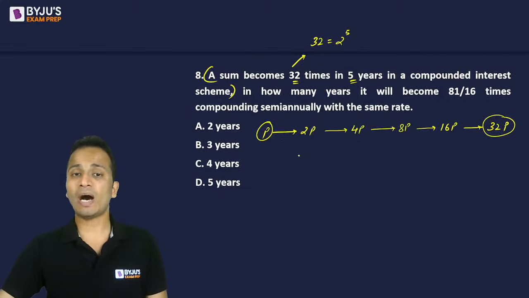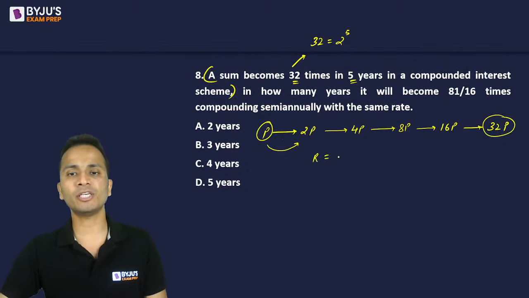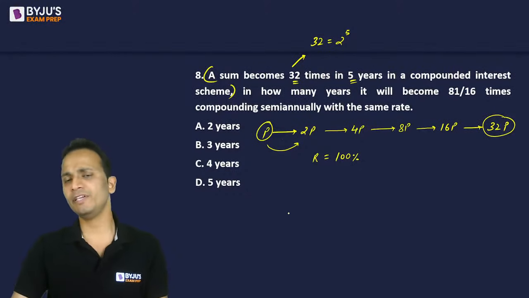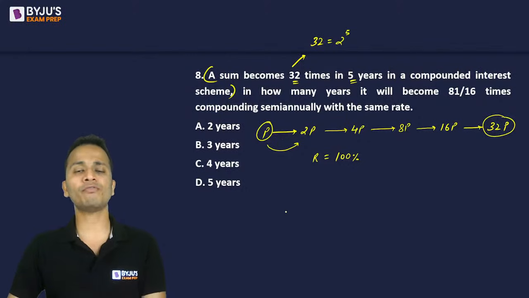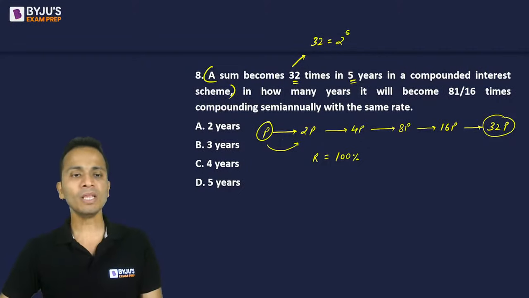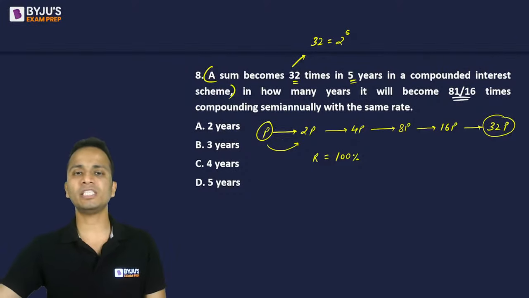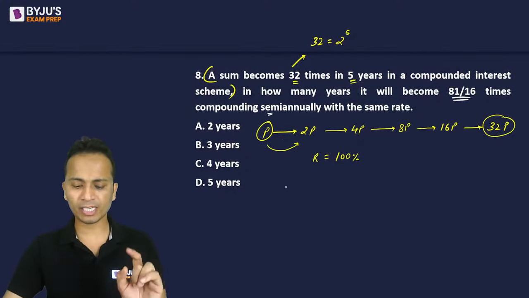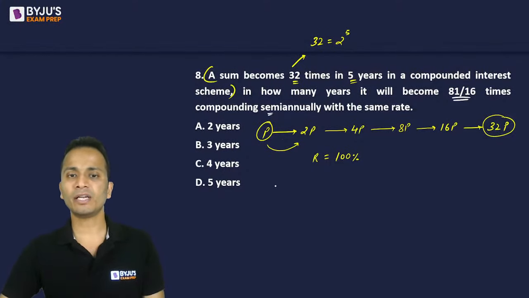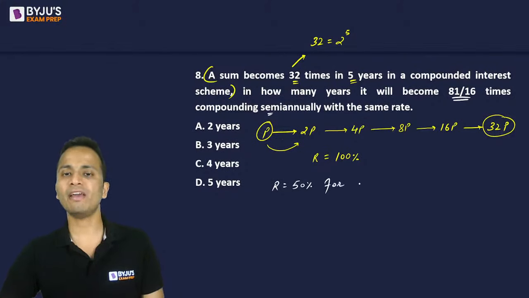Okay, fine. So since my money is getting doubled, the rate of interest is equal to 100 percent. Since my money is getting doubled every year, I am getting a rate of interest of 100 percent compounding annually. Clear? Now, the question is, in how many years will it become 81 upon 16 times compounding semi-annually? If my money is compounded semi-annually, then the rate of interest will become 50 percent for every 6 months,